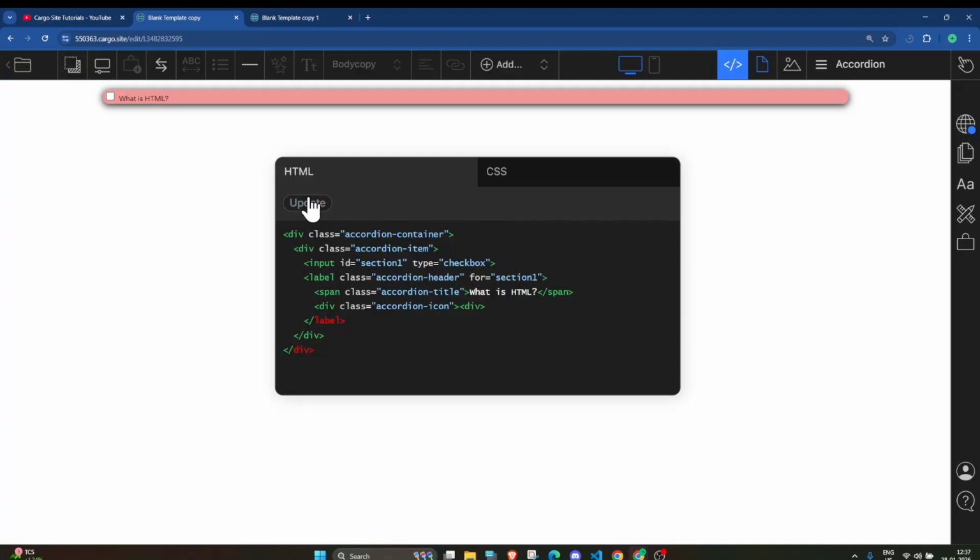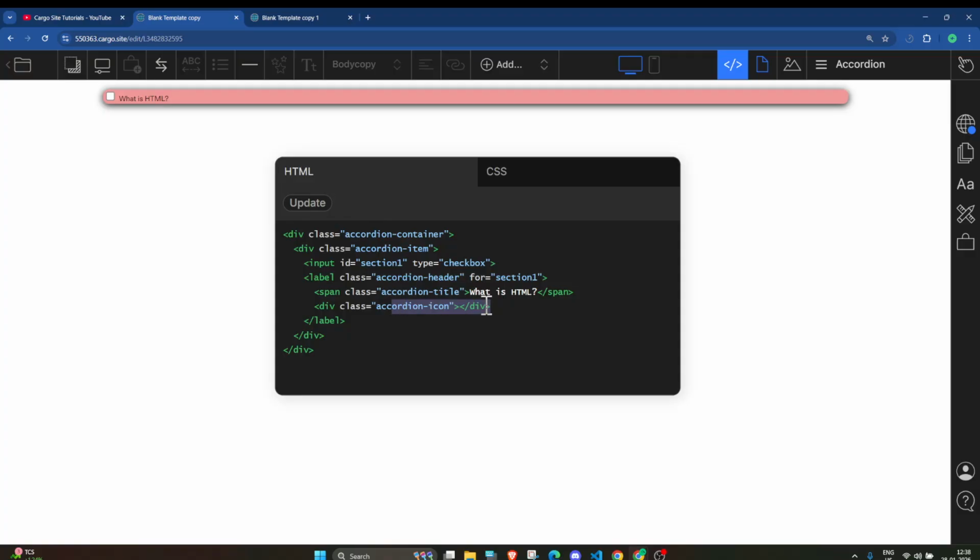Here you can see that it is showing in red. It means that we have made some mistake in the HTML, and the mistake is this. The div which we have started should have its closing here, so that's why the error was coming.